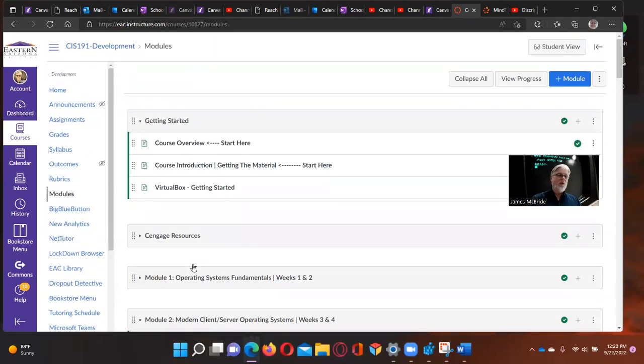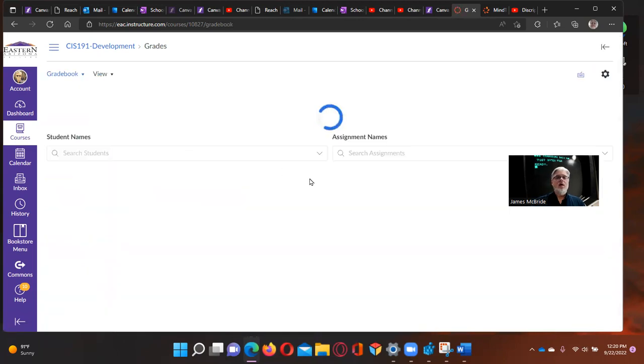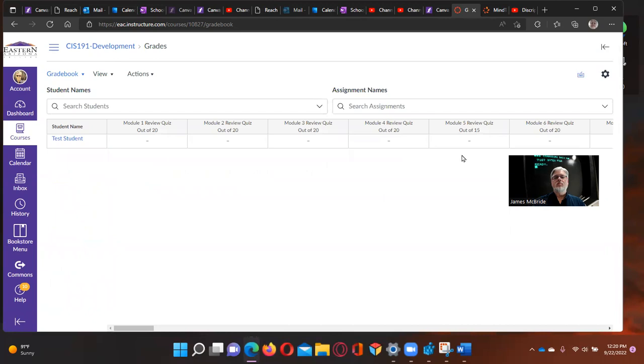Now, to give you a little more information on where's the syllabus and all that stuff, and where do I see grades and how do I see grades and all that. So a lot of this will actually be gone. You won't see outcomes and rubrics and all that different stuff. I usually remove that because the students don't need to see it and it just makes things confusing. But you will always have grades here on the side, and that is where you're going to see your grades. And your grades actually will not be shown this way. It'll be shown, let me go back,